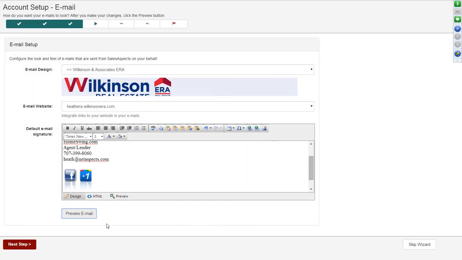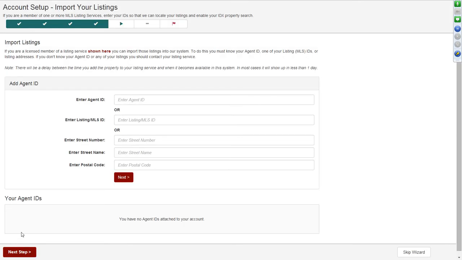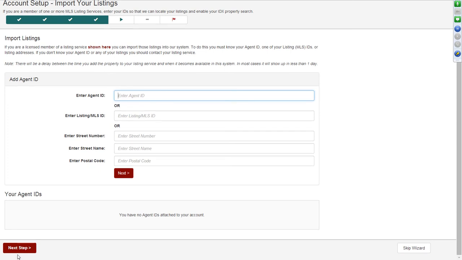All right. Now I'm going to go ahead and go to the next step. That was email. And this is where you put your agent ID, public ID for accessing your MLS data onto your website. So you want to then put in your agent public ID for your MLS data so that you can have IDX, full IDX data on your website and on your back-end CRM. All right, so then we go to the next step,